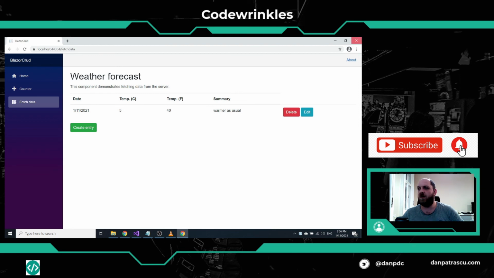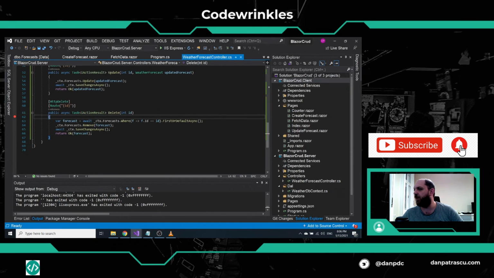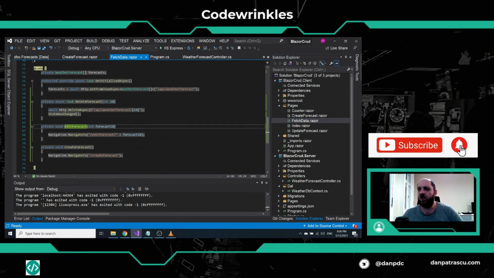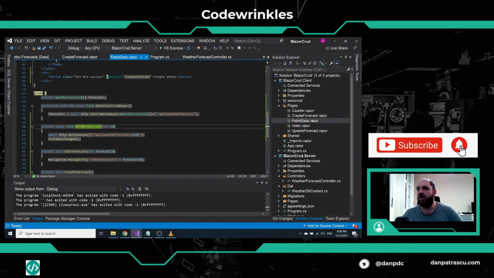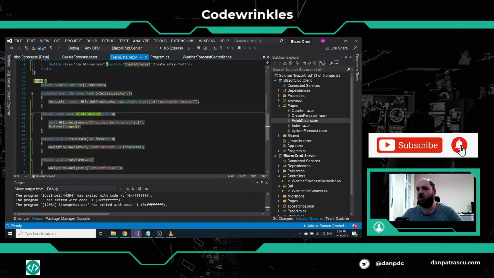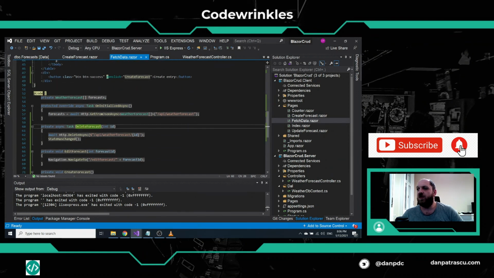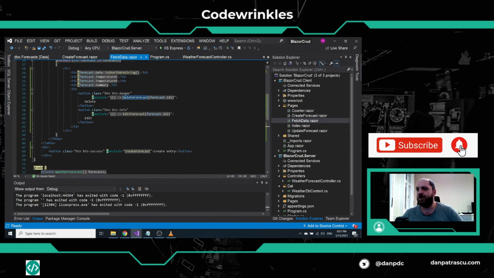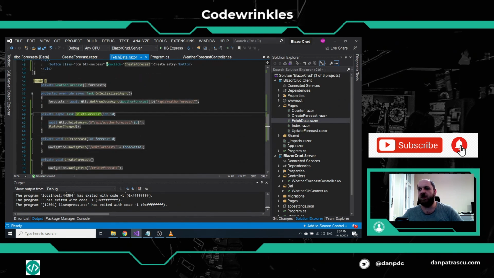And this happens, let me just go quick here back to our fetch data razor component. And here when we say that we want to delete the forecast and we say status changed, that should actually trigger the re-rendering of the front end. But unfortunately, this doesn't really happen. But well, we see that actually our CRUD works. So we are right now able to create, to read, to update, and to delete weather forecasts in our Blazor